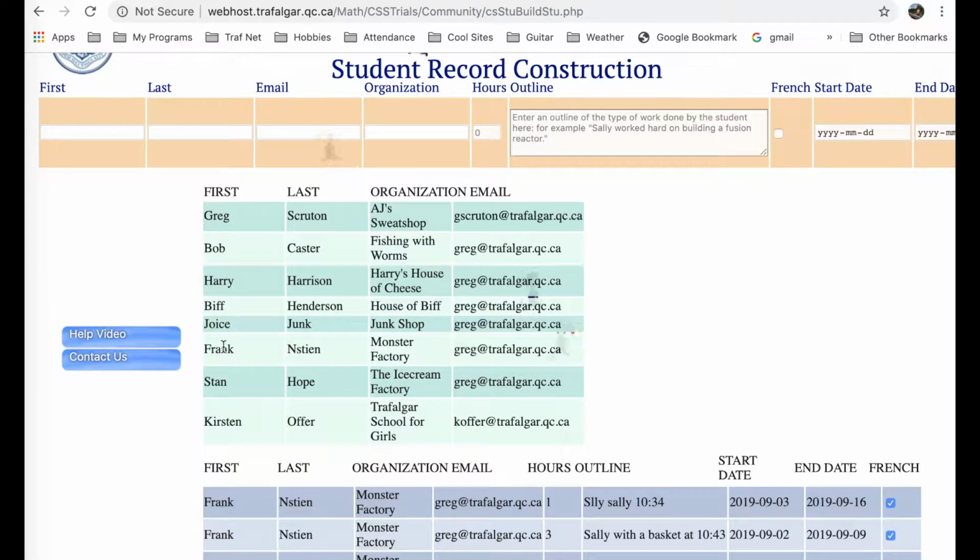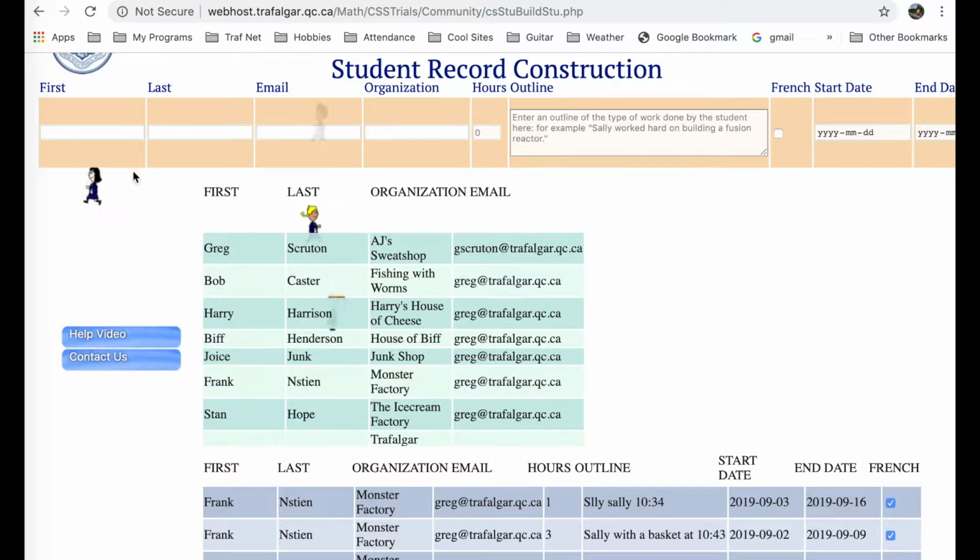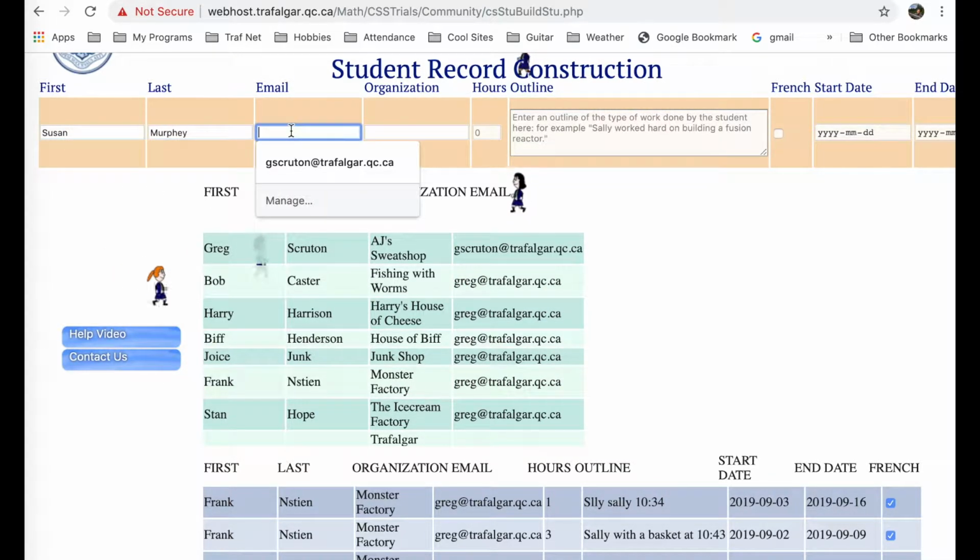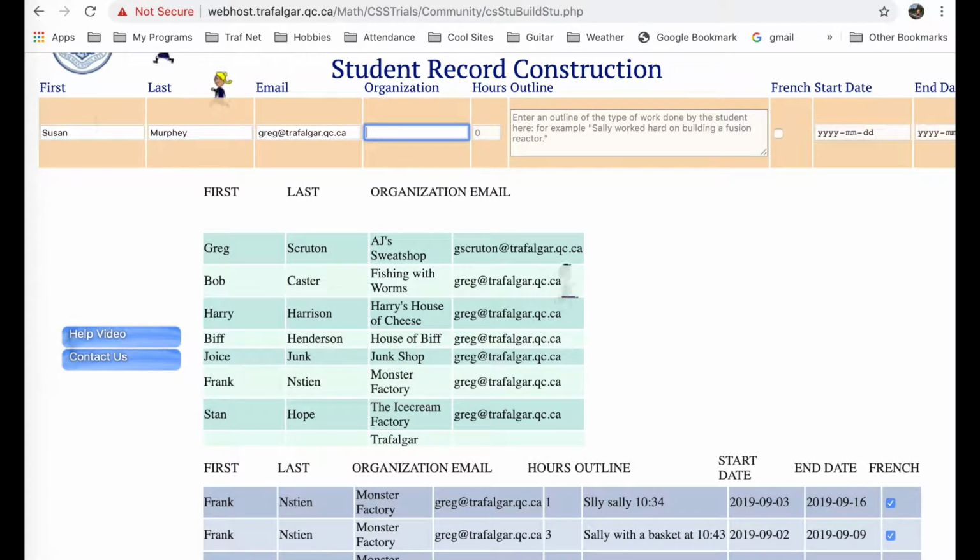Let's say you did work for Frankenstein, for the Monster Factory. All of that information is put up here. What happens if your organization isn't here? You can fill all this in for them. That will register them to the database. Let's say you were working for Susan Murphy, and her email was my email. And the organization was Murphy's Law